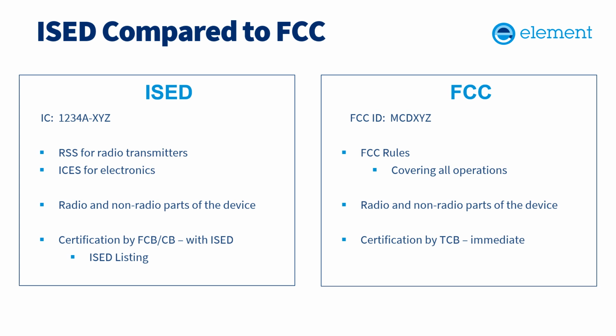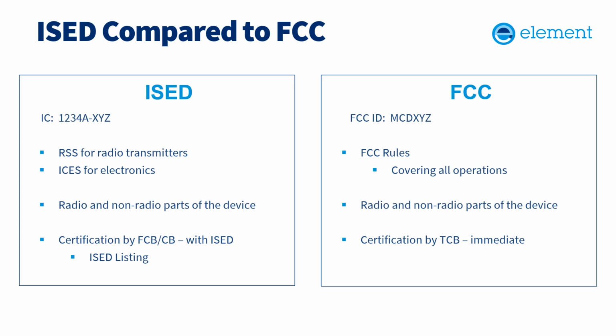We have to assess both the radio and non-radio parts of the device, and then the certification, a little bit like the FCC, is typically assessed by a foreign certification body or a domestic certification body if in the case of them being in Canada. But then the ISED themselves get involved,